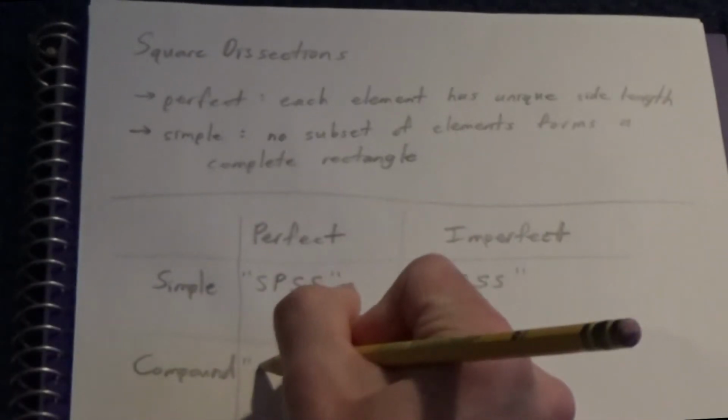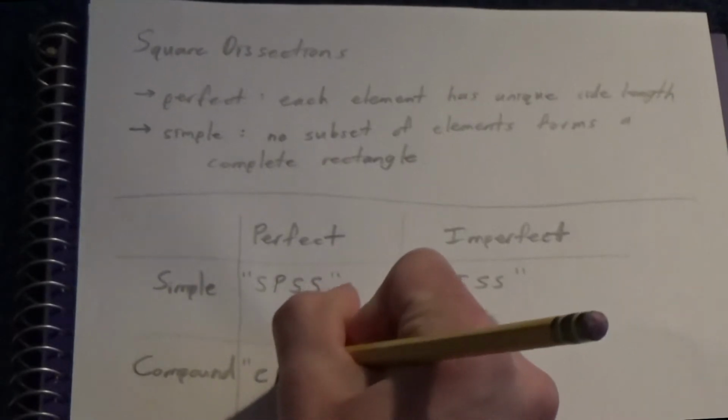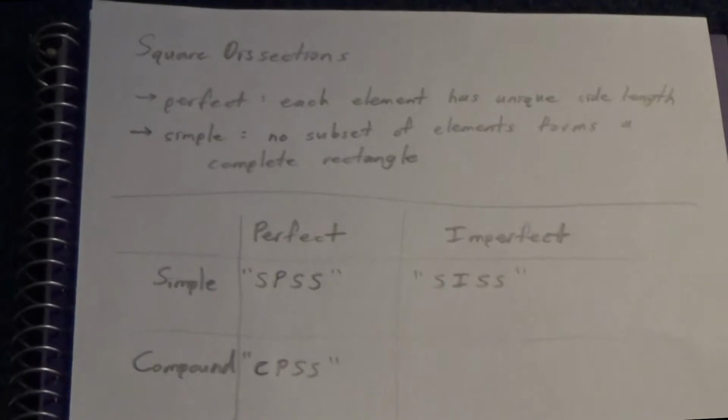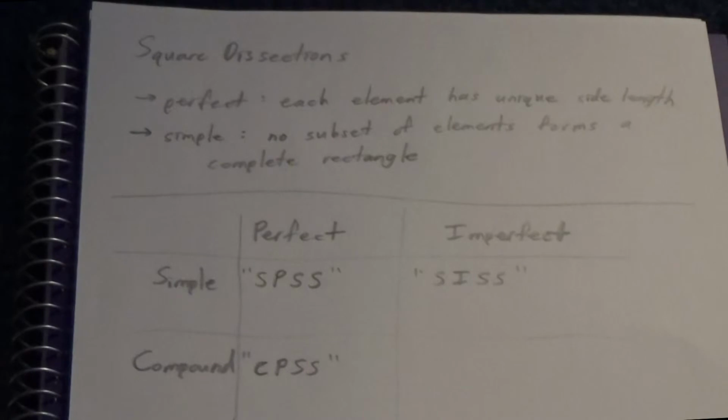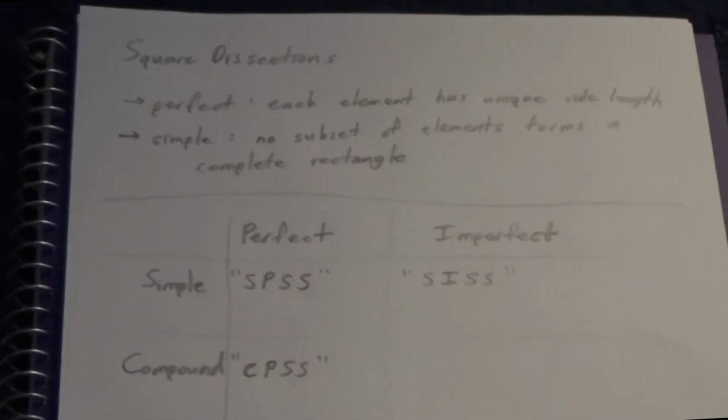And if it's compound perfect, one could write that as CPSS. In other words, it's a compound perfect squared square. We'll see examples of each of these in a moment, or at least later in this series. But what I wanted to draw your attention to